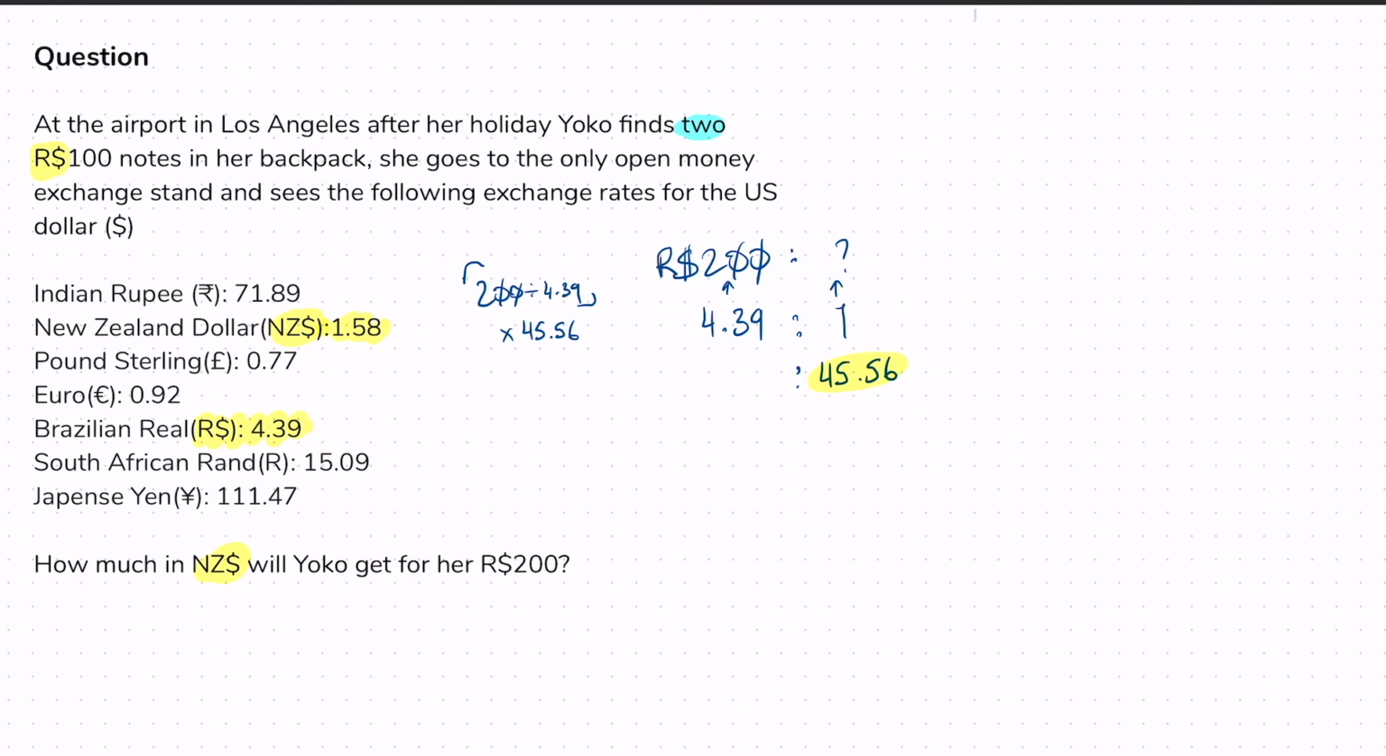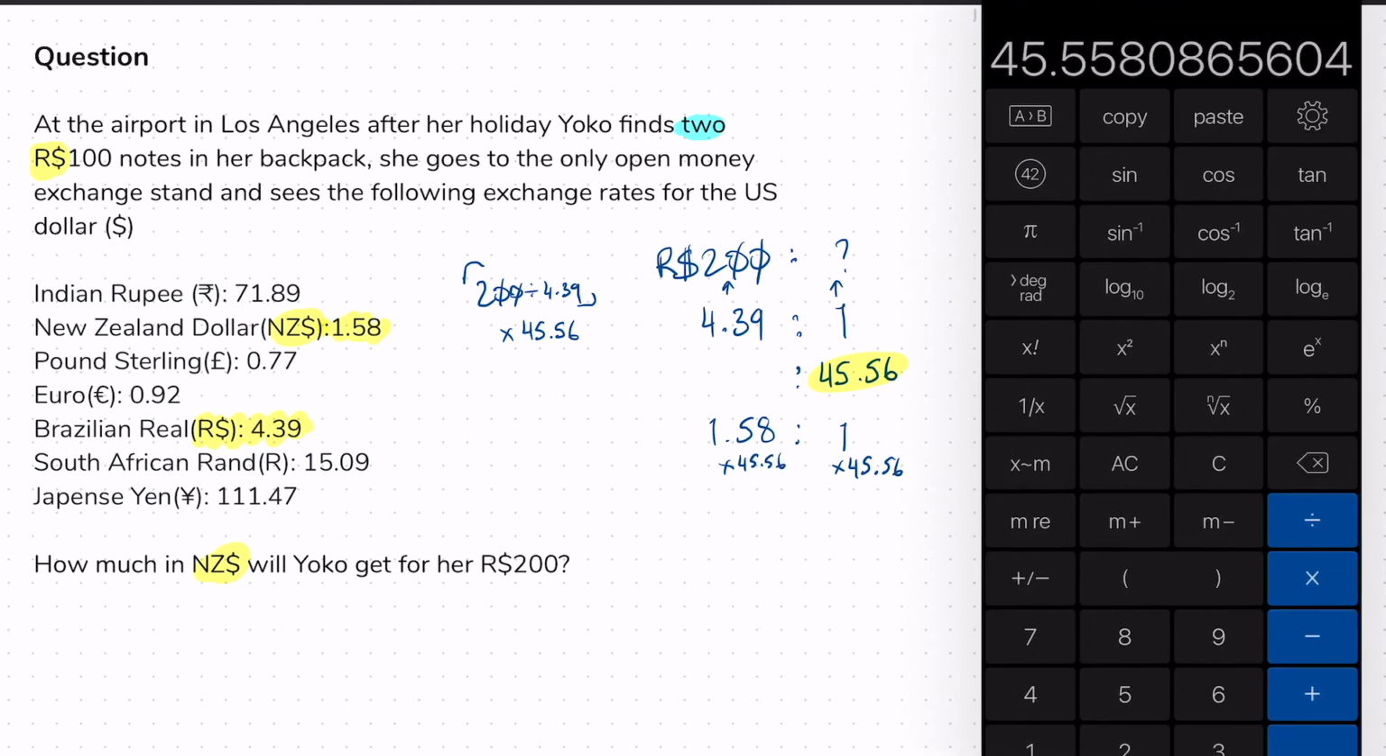Well, we know that we're going to keep the US dollars on the right-hand side here. 1 US dollar is worth 1.58 New Zealand dollars. And I know that I've got 45.56, so I scale this side by 45.56, and I do the same to the other side, 45.56. So because I've rounded, I'm going to use that rounded figure. 1.58 times